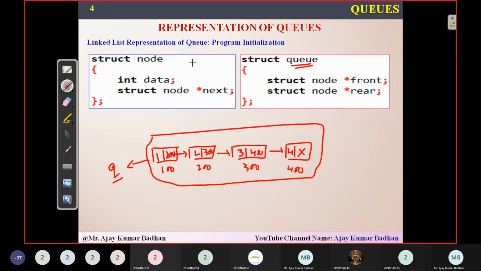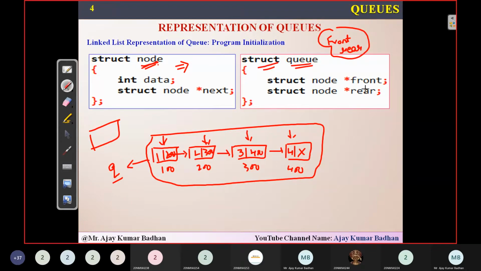Now both structures are the same. Only thing, whatever I'm representing as a node is only used for creating a node, means in order to create these individual nodes separately, I'm using this particular structure, that is struct node, int data, next. But I have to implement the queue concept here. And in queues, we discussed that we have two different types of pointer variables, front and rear. Using these, we'll be inserting the elements. That's why I have used this particular structure called queue.